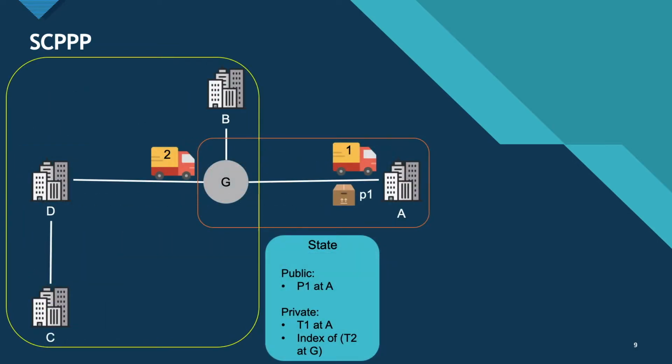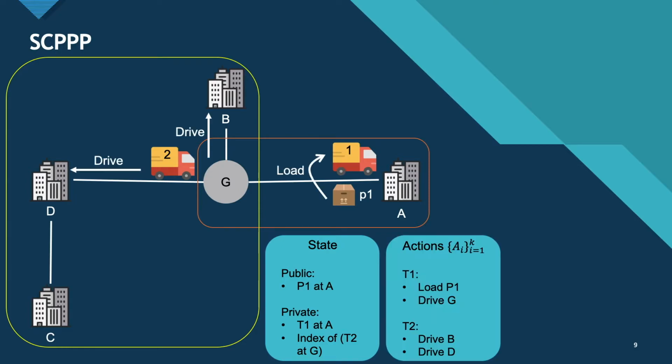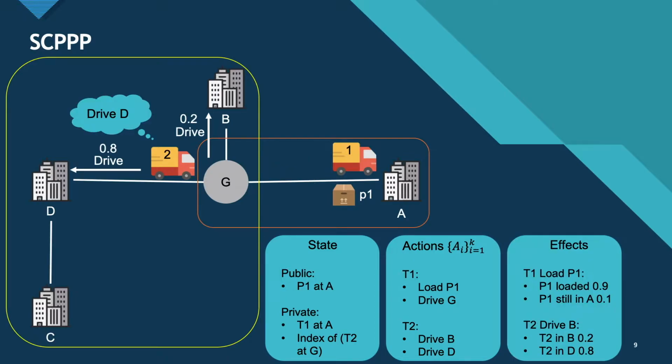Zooming in on our logistics problem, the state here is comprised of the public truth assignment to the proposition of P1 at A and the private truth assignment to T1 at A and T2 at G. From T1's perspective, the state would look like this. T1 knows its own location and cannot see the location of T2, only an index which T2 can then translate to the actual information. The sets of actions could look something like this, and since actions have stochastic effects,